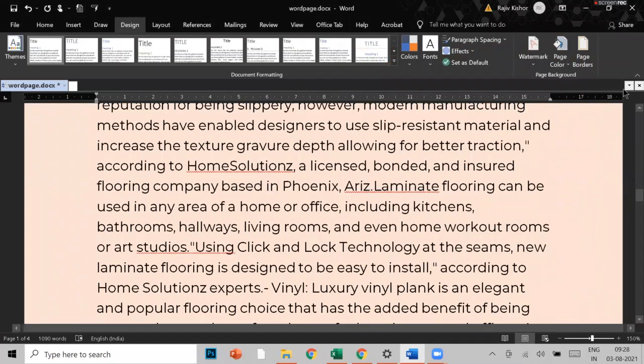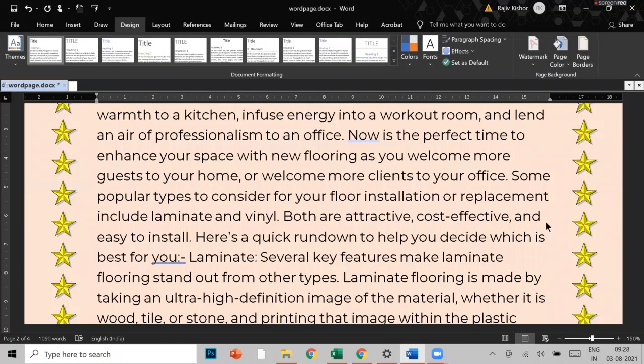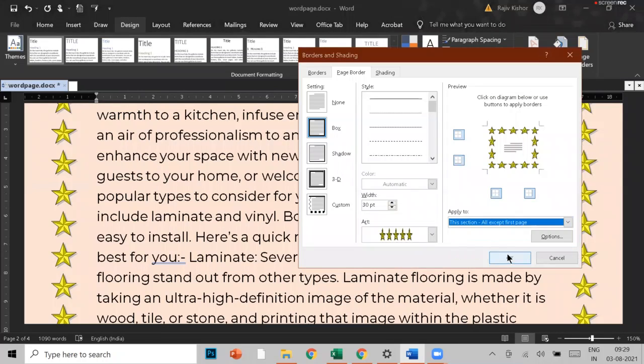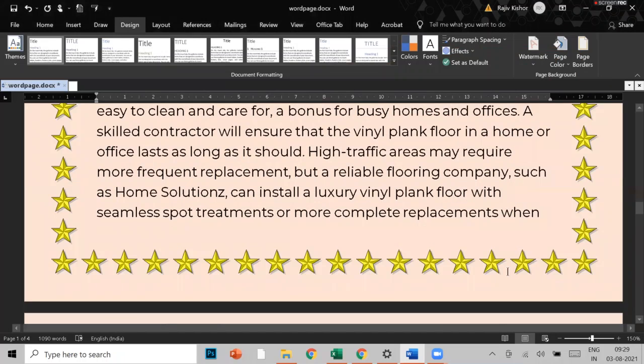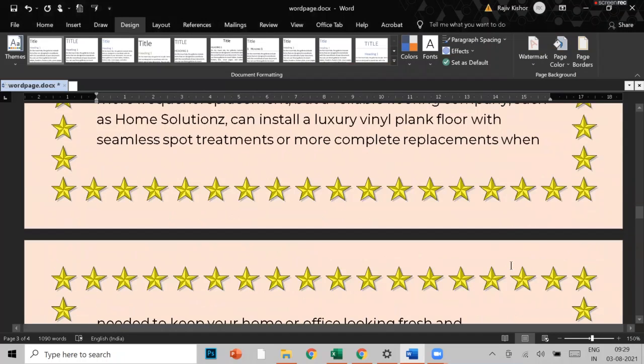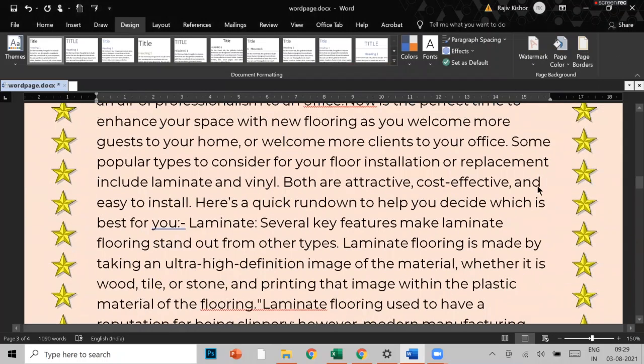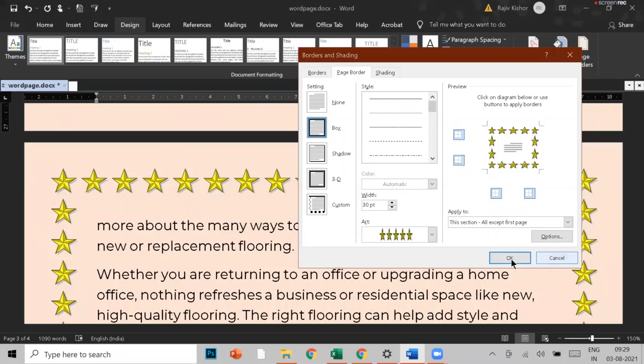Or similarly, there is one more option, except first page. So it means that it will not appear on the first page, it will appear on the rest of the pages of the document. This is all about the page border. That's all.